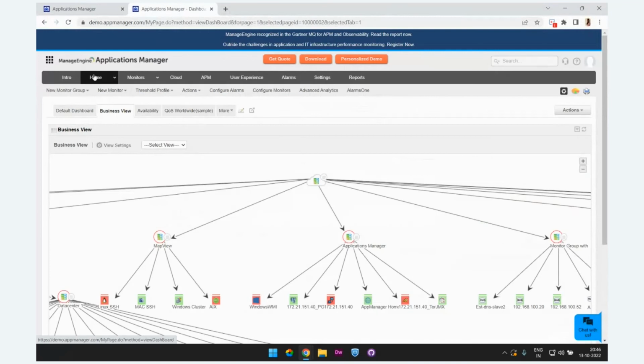So here, and this is a demo site, so you can go and see the demo of our product. You can explore all the options by yourself. It's accessible by anyone from anywhere. It's demo.appmanager.com. So when you go to the home tab and you click on the business view, here you can